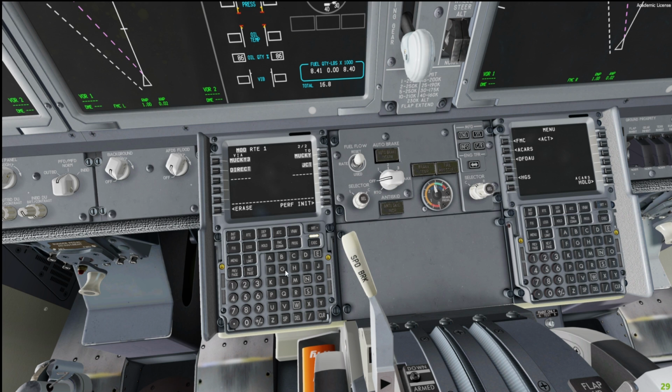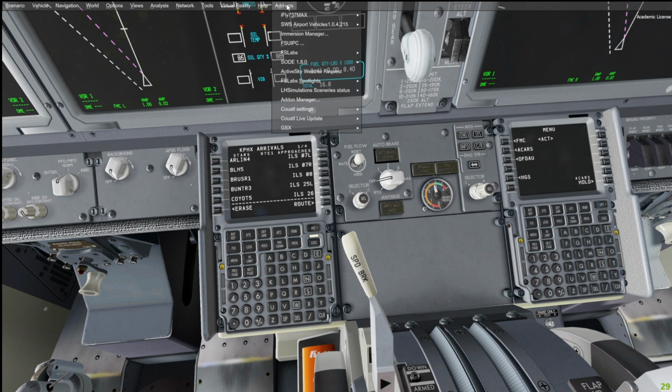Then on Juliet 86 to Echo Lima Papa. And then direct Diver. It's Delta Romeo Romeo Victor Romeo. Interesting waypoint. And then we will fly the